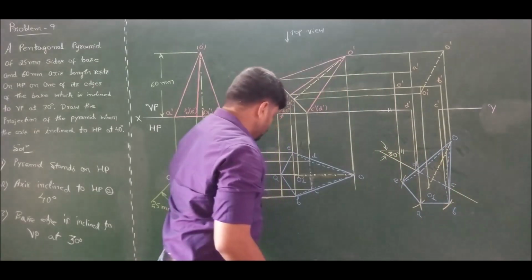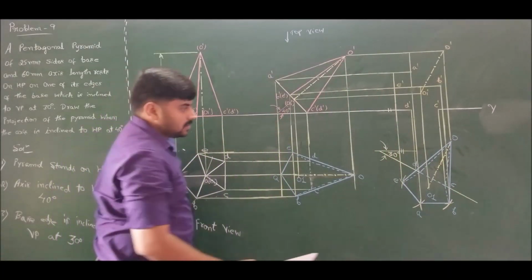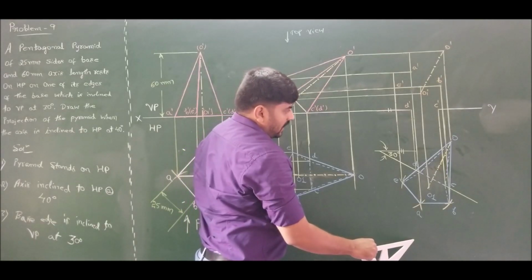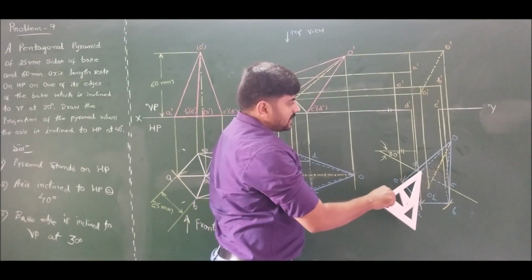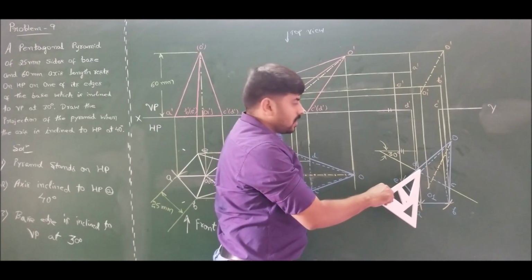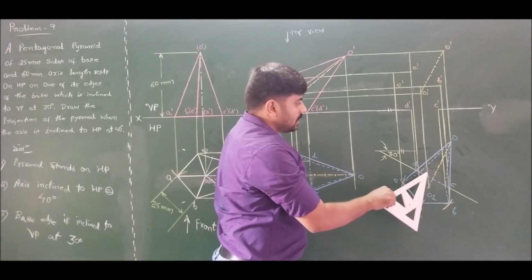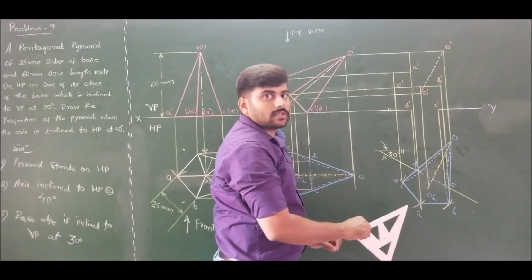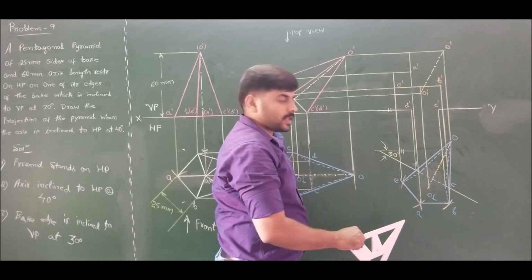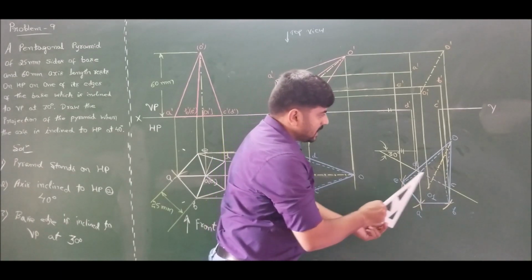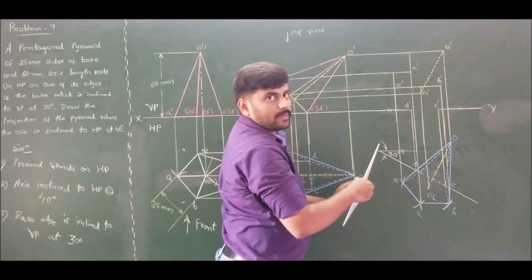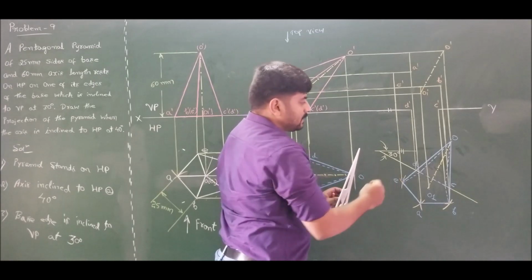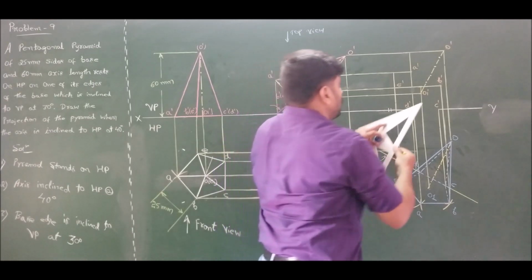Now, in the front view, the observer will be here. For the observer, the farthest base corner is D. From this farthest base corner D, all the edges emerging are invisible except those that lie on the boundary of the pyramid. And also for the observer, the base is completely visible. First, let us mark the boundary of the pyramid. Thereby, we can inspect the invisible edges.